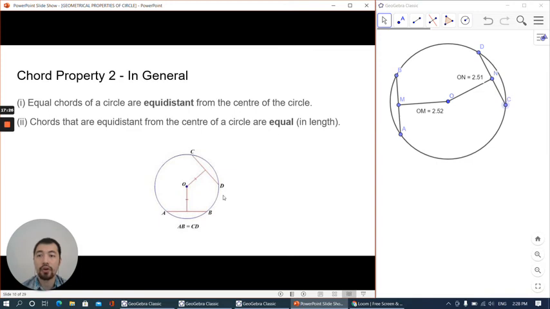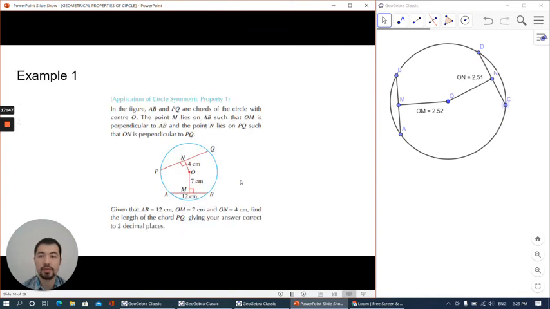And then chords that are equidistant from the center, so this chord and that chord, we don't know the length yet, but if they are equidistant from the center of the circle, that means they're equal in length. So the lengths of the chords are equal. All right, so let's take a look at an example for some problem related to the first and